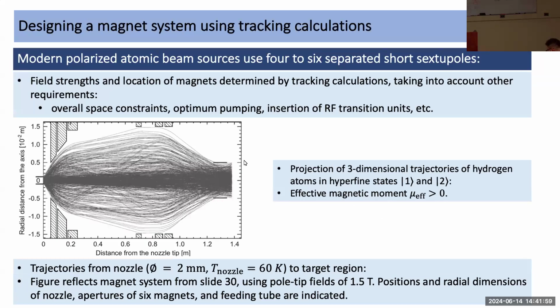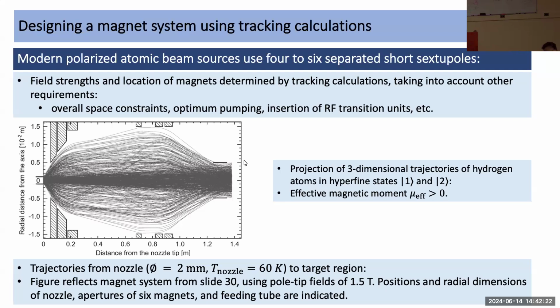Okay, so this shows the design of a magnet system. These are the individual magnets. You see conically shaped ones at the beginning. Here's the nozzle where the beam comes out. Down here is the target. The whole thing at that point was about 1.5 to 2 meters long. And you can see that one can